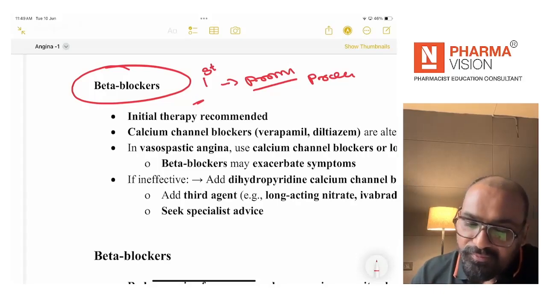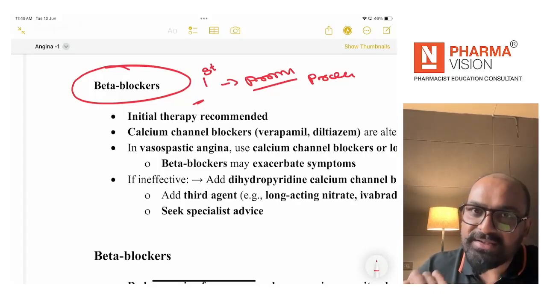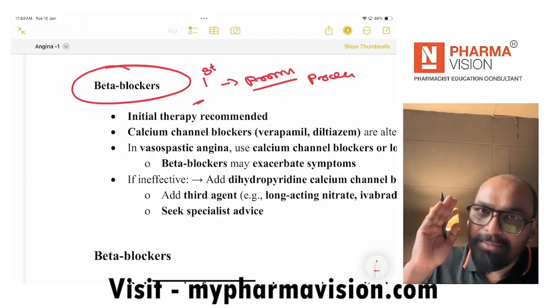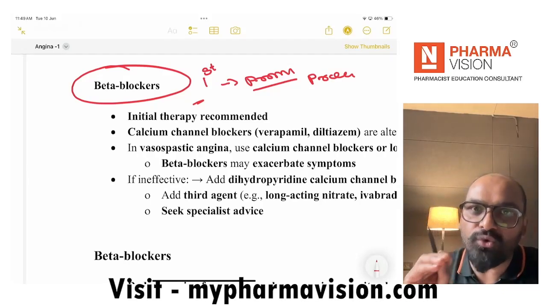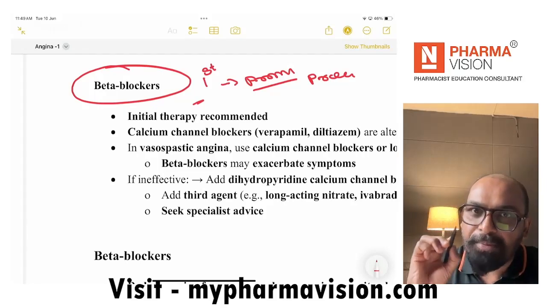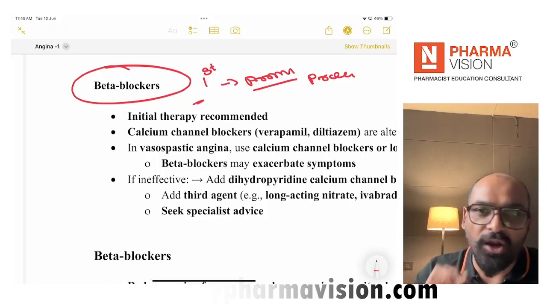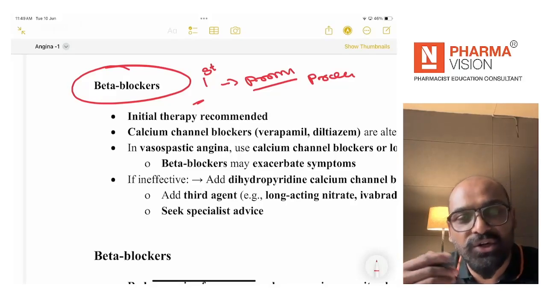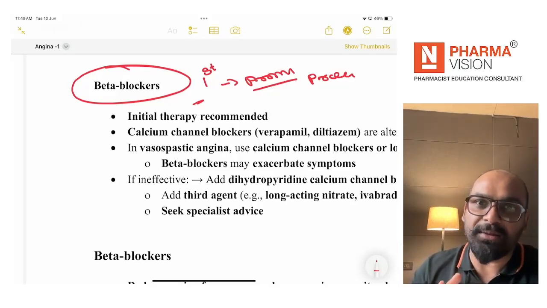If the patient is unable to tolerate, two different words I am using, so I am giving more stress onto this concept, if the patient is not tolerating beta blockers or the patient's symptoms are not controlled only with the beta blockers,